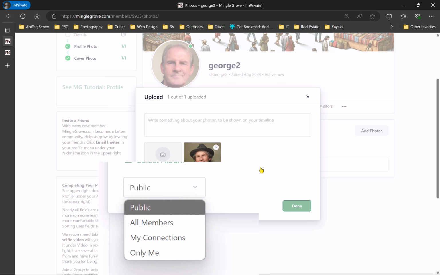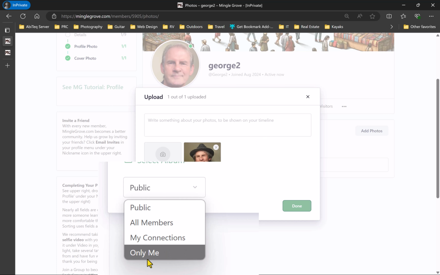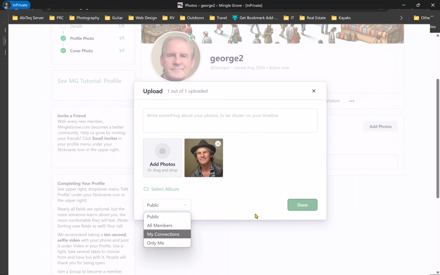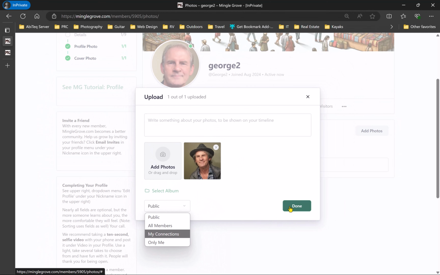My Connections is similar to making a friend on Facebook, where you can group the very people that you want to talk to each time you come on. Or you can just say only me, and the picture is just there for you to know it's available, point it for other people, put it up later as an all-member view or My Connection. So if I hit done,